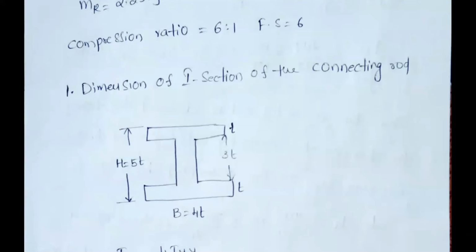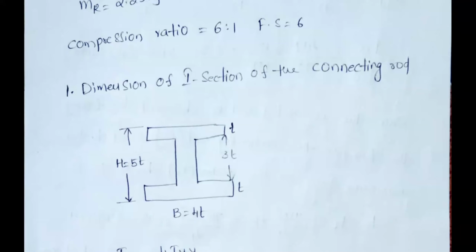The cross section is an I section. You try to determine the dimensions. Here we have B equal to 4T and H equal to 5T. That means we have only one method. While we were discussing the connecting rod procedure, I already explained that first you have a buckling load, that is sigma C into A by 1 plus A into Lx something by Kxx whole square, something like that, you have the formula. So based on that formula, whatever we discussed in the step 1 procedure, you apply as it is, without any deviation.